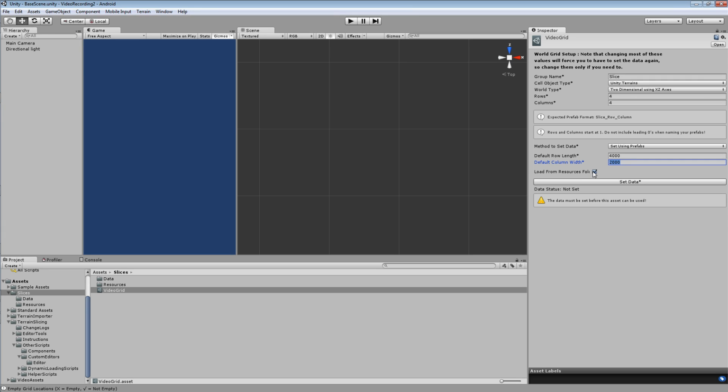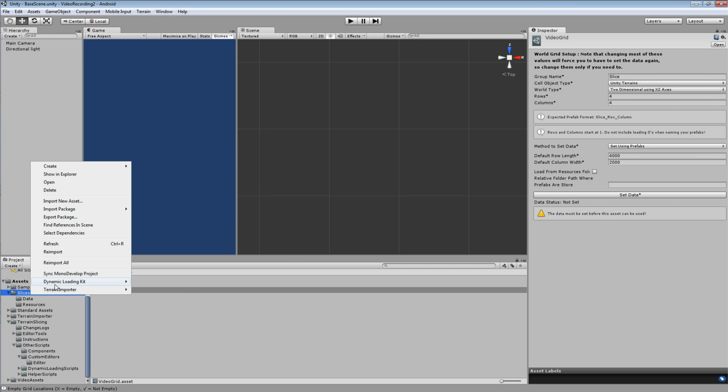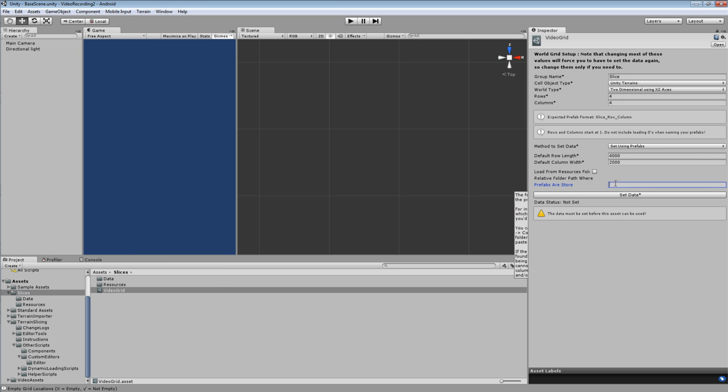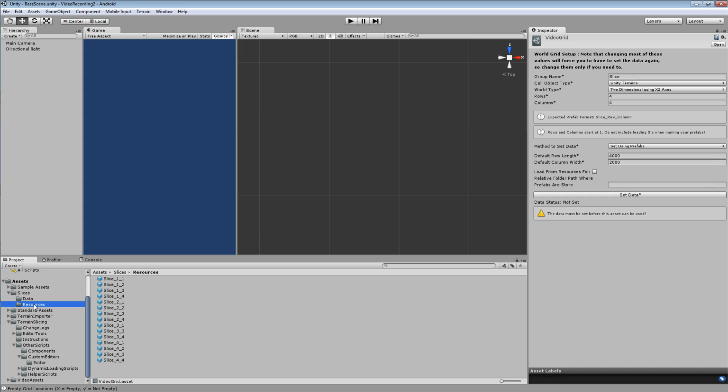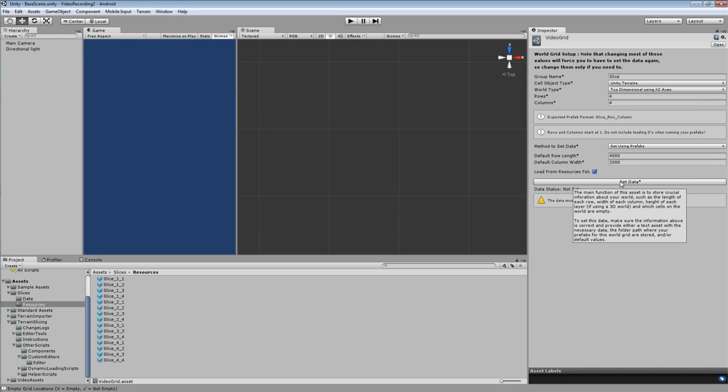The next step is to specify where your prefabs are stored. If they're in a folder called resources, simply leave this option checked. If they're not, uncheck it and specify the folder where they're stored. Again, you can right click a folder, choose dynamic loading kit, copy relative folder path to copy that folder path very easily. In our example, our prefabs are stored in a folder called resources, so we're going to leave that option checked. Hit the set data button,